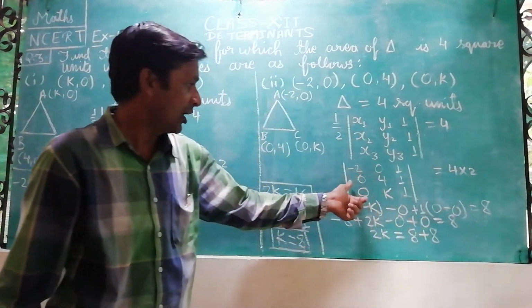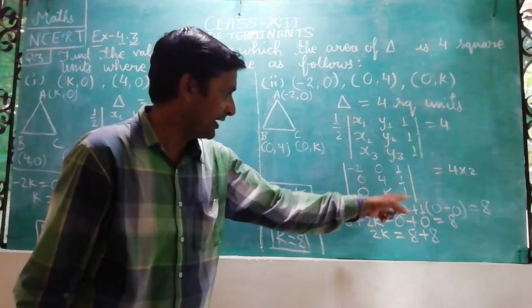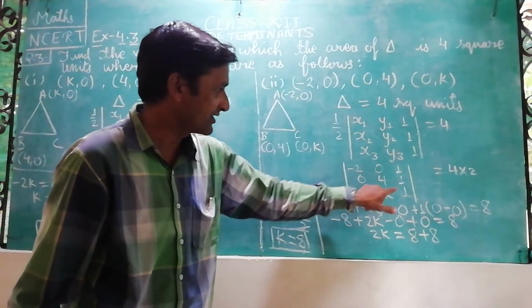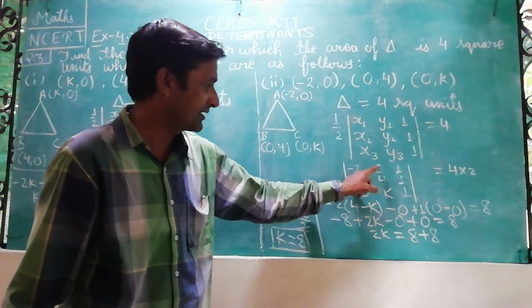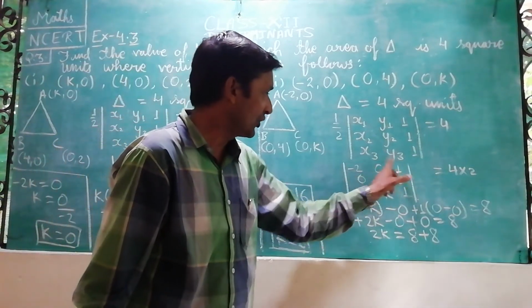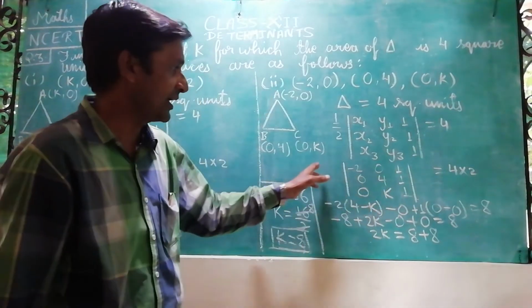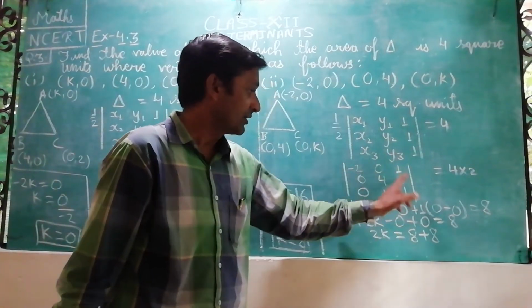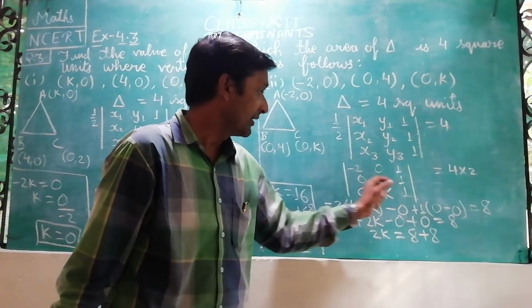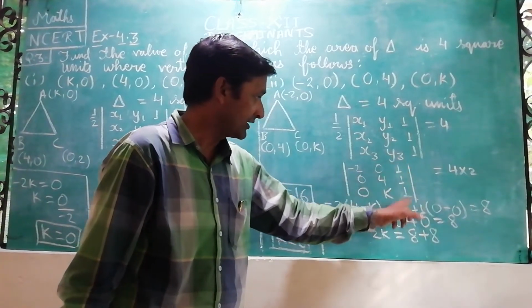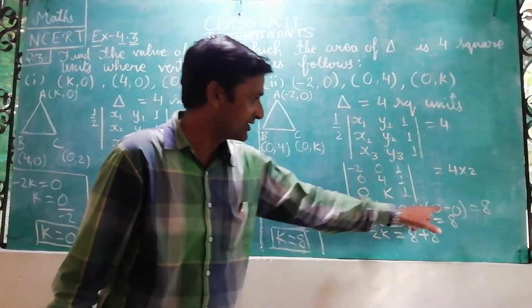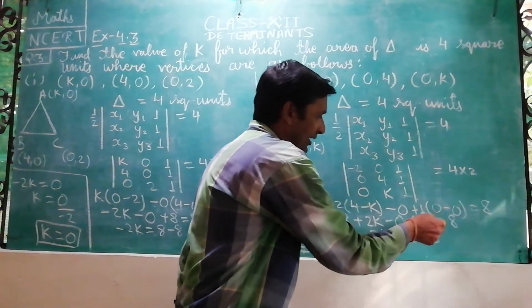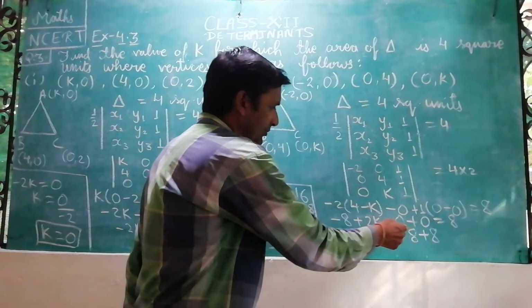Now this determinant will be solved. Minus 2 into 4 into 1 is 4 minus k into 1 is k. So 4 minus k and then minus 0. 0 into something will be 0 only. That's why it is not solved, by eliminating this row and this column. Now after that plus 1 will be there and then this row and this column will be eliminated. 0 into k is 0 minus 0 into 4 is also 0. So it is completely 0 into 1. So it will also be 0.